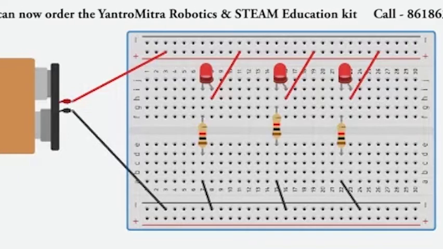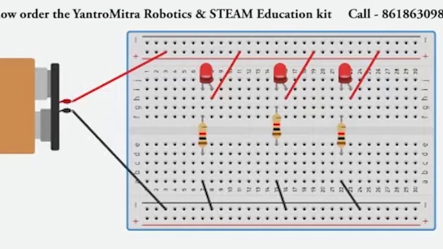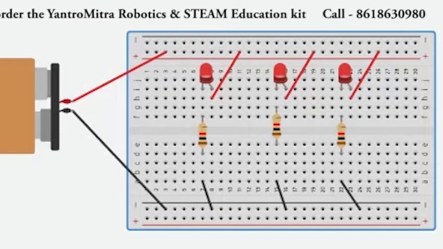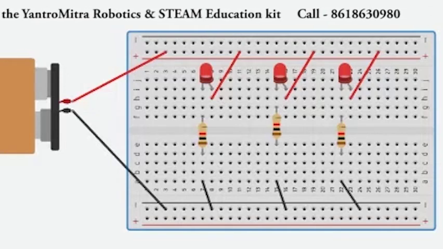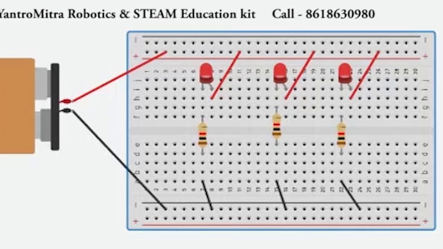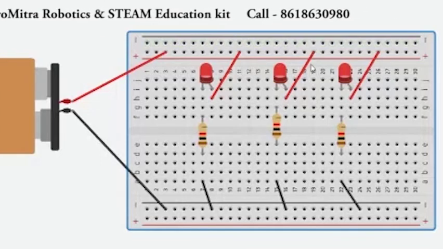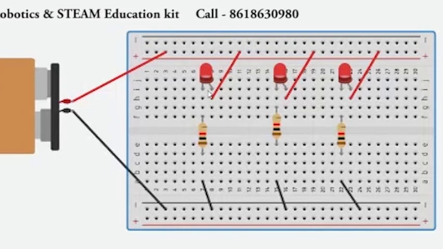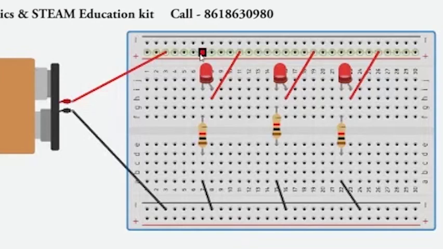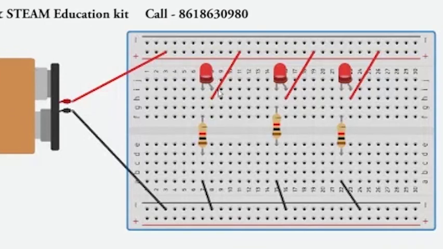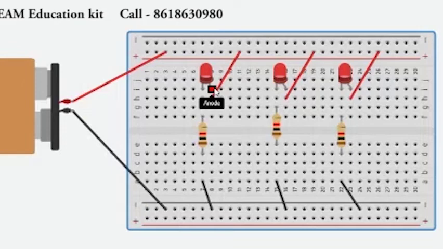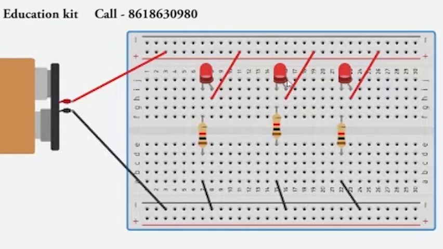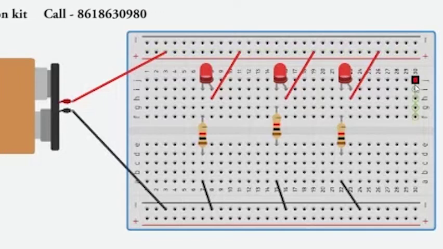And let us now understand what is the difference between a parallel connection and a series connection. See, my dear friends, if these 3 LEDs are in a parallel connection, they are all independently and individually connected to the source of power. Now this LED is independent of this LED. This LED is independent of this LED. If I bring one more LED over here and put it over here, again that will be independent if it is in a parallel connection.